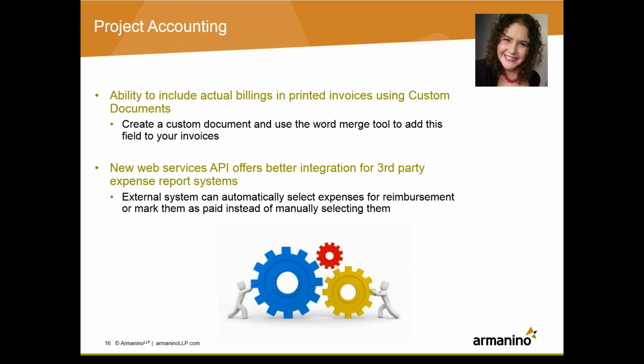In order to do that, you'd go over to customization services or platform services, depending on what your instance was implemented with, and then go down to custom documents, and you can either add or modify those documents that are there. The other release is an update to the API. If any of you have an integration with any of those third-party expense report systems like Concur, Expensify, or Nexonia, now with your API, you can select the expense report to reimburse from the third-party system, where before you could only reimburse or mark the expense as paid manually. So now you can do it via the API.